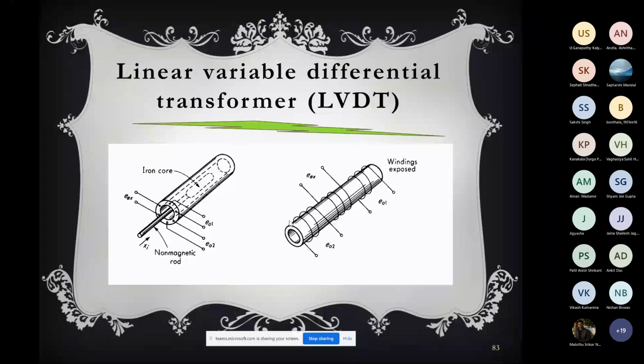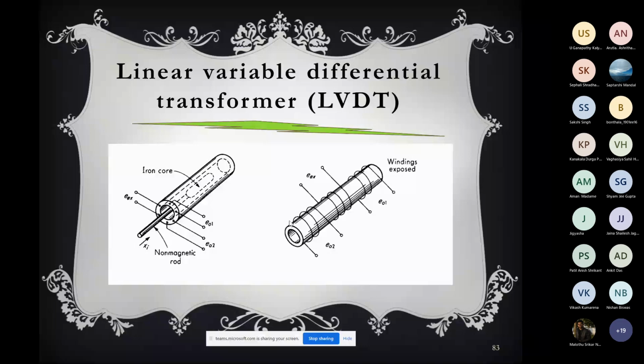So to summarize, LVDT is primarily used for displacement measurement. Hopefully all of you agree. It has a primary coil whose excitation is obviously sinusoidal. Generally, LVDT is a low current device, so the excitation is in the range of 3 to 15 volts, not more than that. It is a sinusoid wave. Frequency is generally kept between 50 and 20,000 hertz, that is 50 hertz to 20 kilohertz. This is the frequency we generally take for the excitation of the primary.